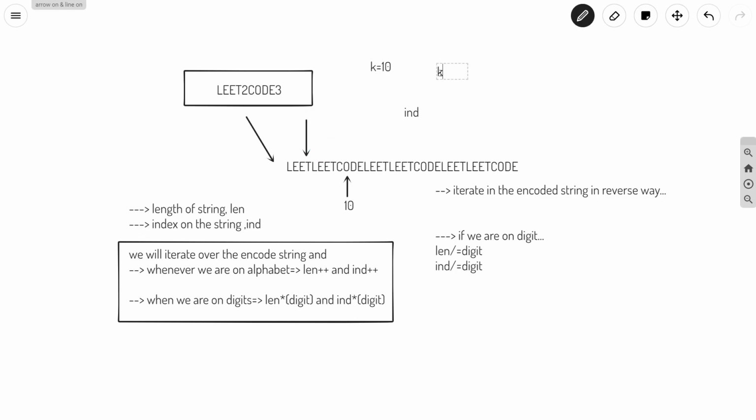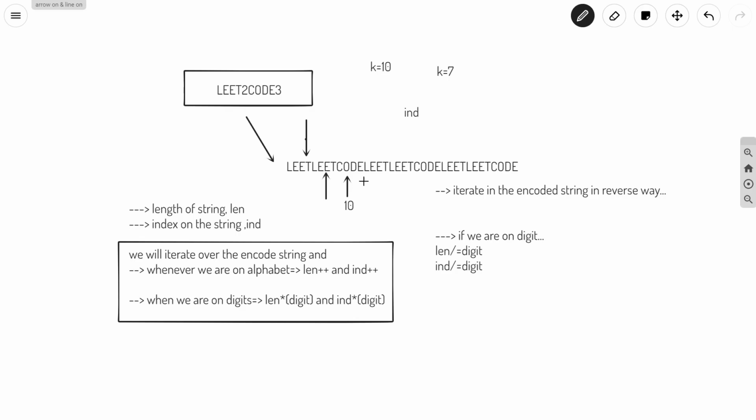Let's say k is equal to 7. If we are searching for 7, let's see this example. This is our k, at the 7th index, and we are on this particular index, because we are going to divide it by the digit.